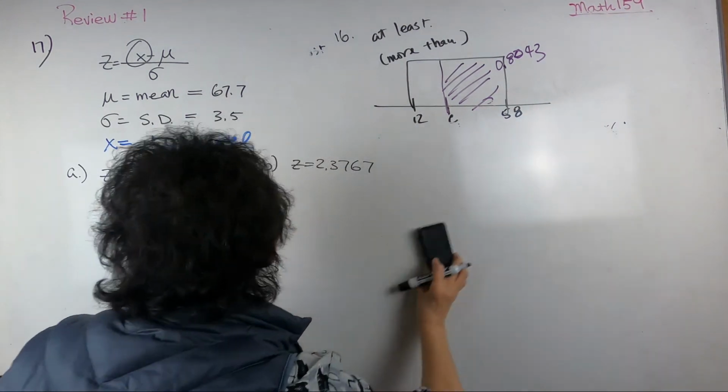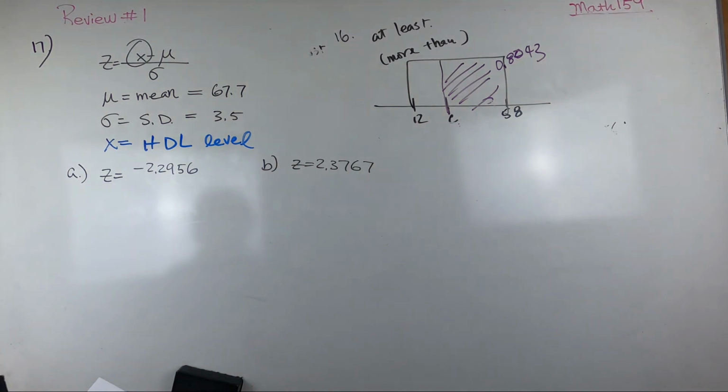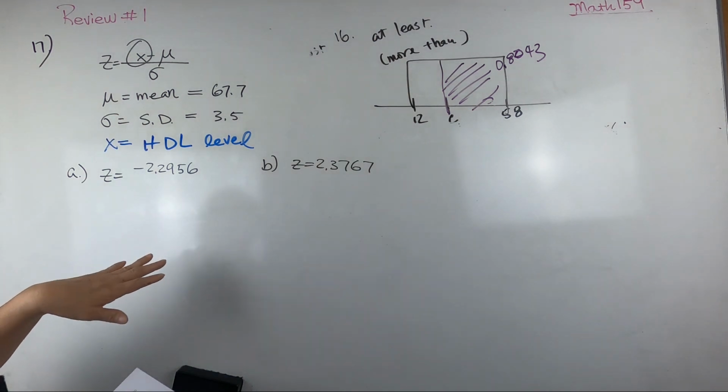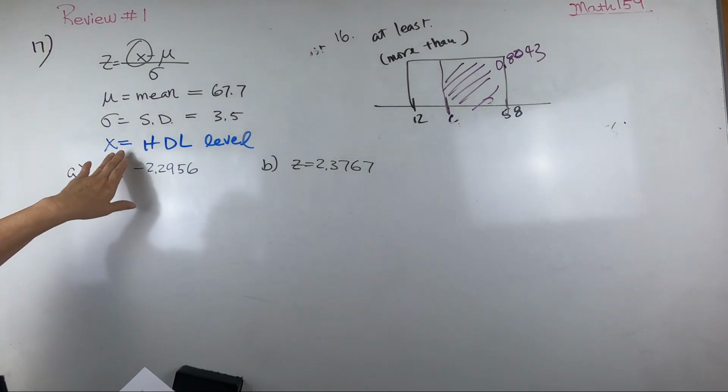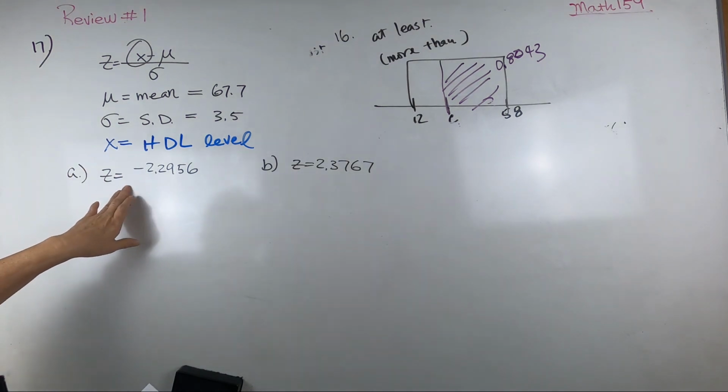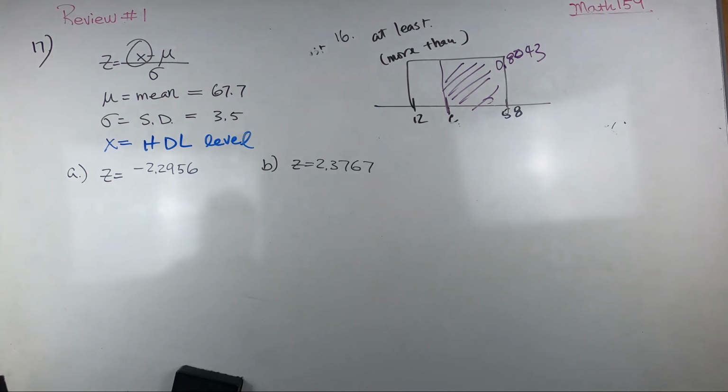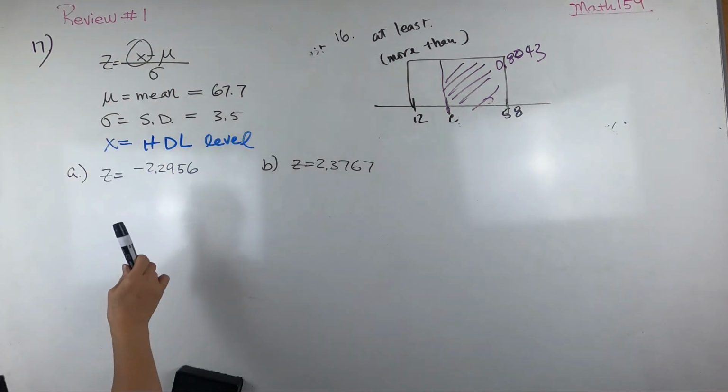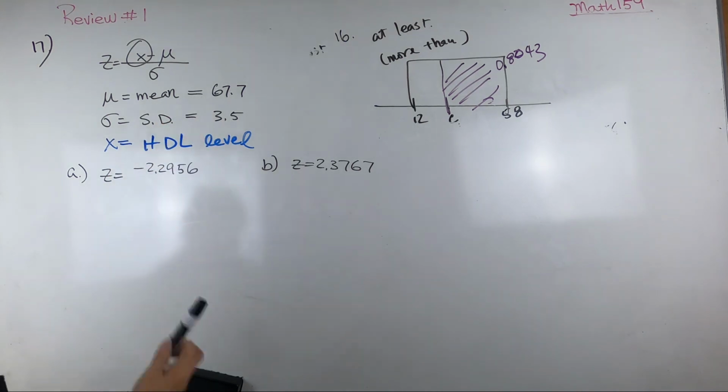What was the question? Find the serum HDL levels that correspond to the following Z-scores. So we want to find your X with given Z values. Okay, so total of 4 variables, it gives you 3. You should be able to find the fourth number,